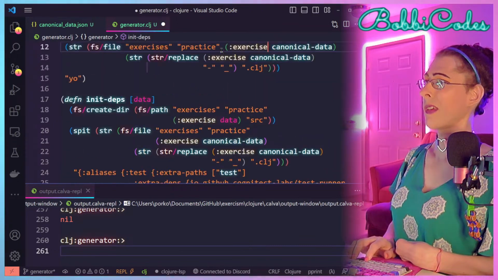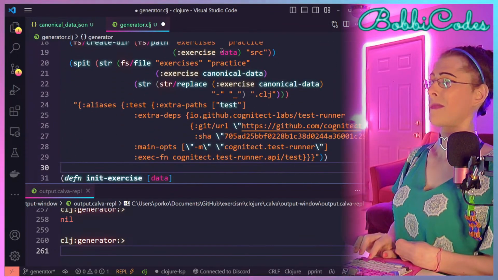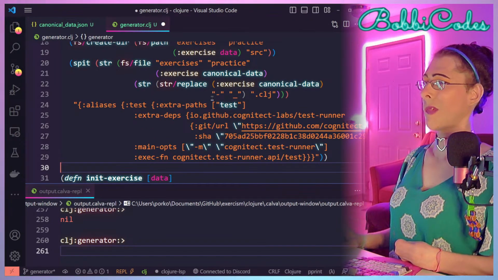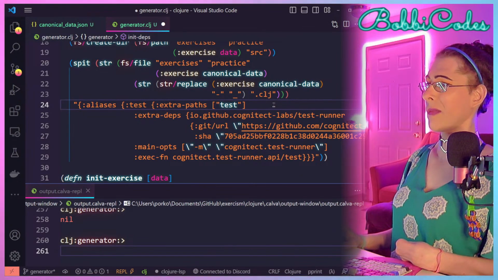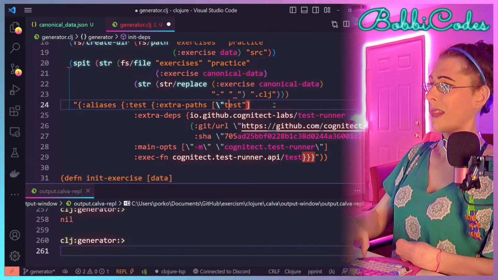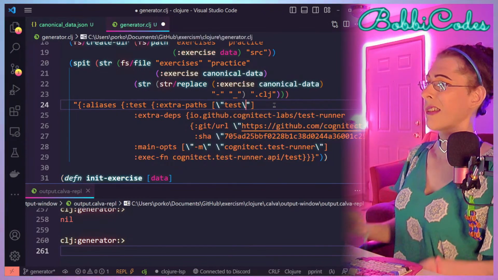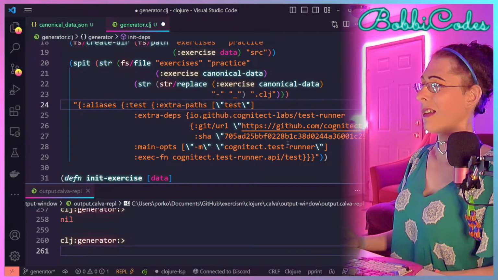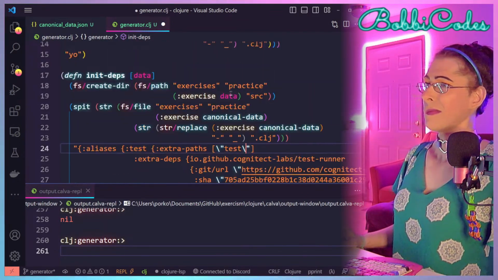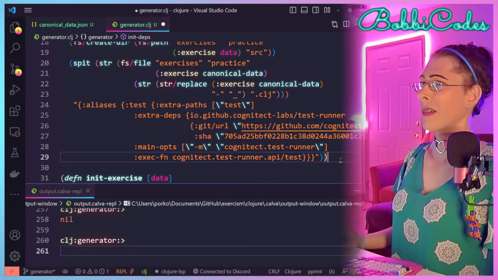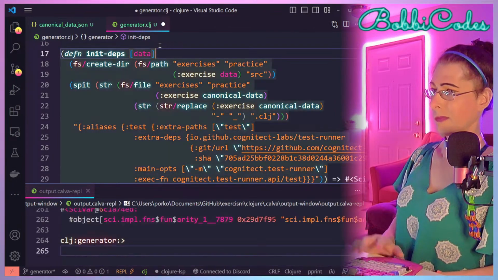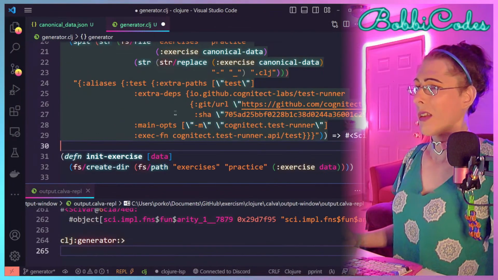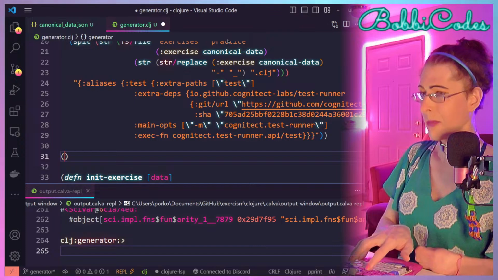That's good. Oh, wait. I need to escape these too, but it's not, it's interesting, the linter didn't see it. Okay, so I'll evaluate that and let's see if it works. We'll say